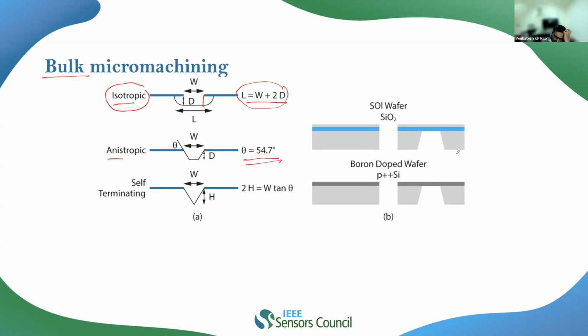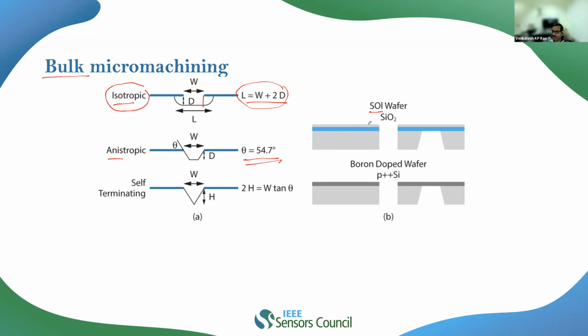So, whenever you want to realize, for example, a pressure sensor, what you can do is start with the SOI wafer. SOI corresponds to a silicon on insulator wafer, right? And you start with a silicon wafer. What you do is that you basically